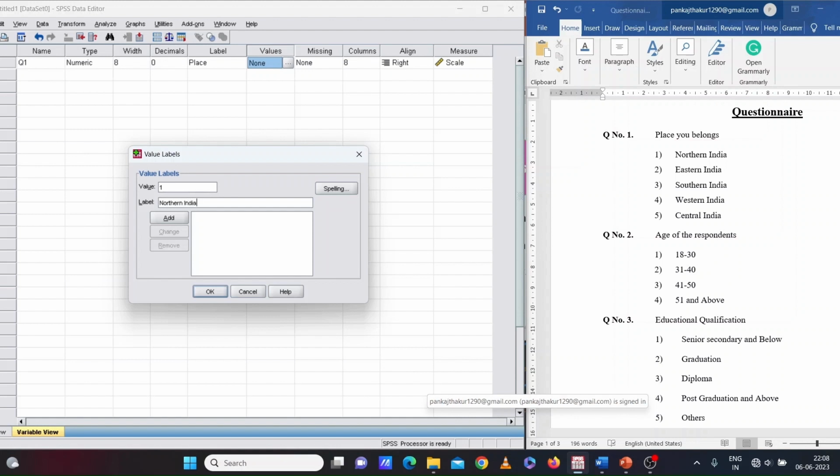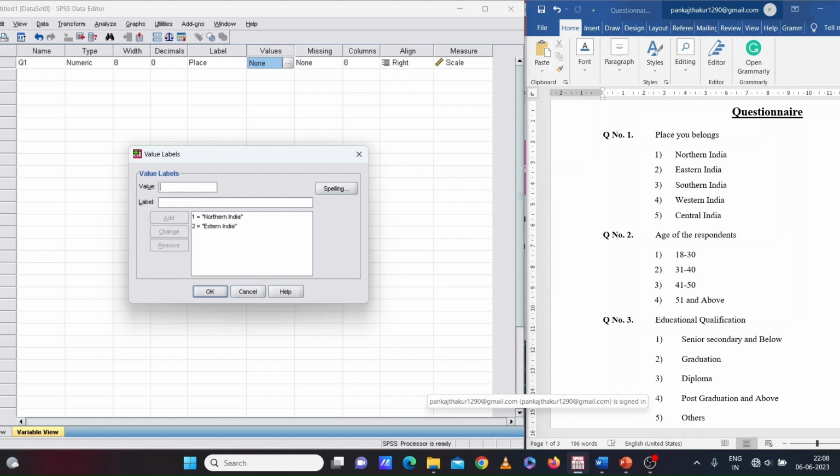That means we are assigning value 1 to northern India. If somebody responds northern India, then we will mark it as 1, and then we will click on add. Then again we will define another value for another category, that is value 2 for eastern India, and we will click on add.